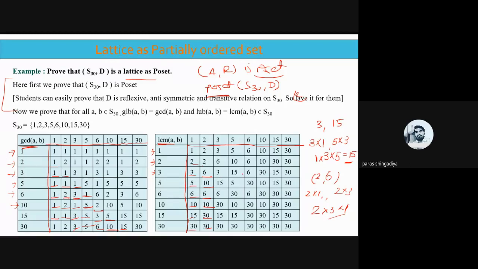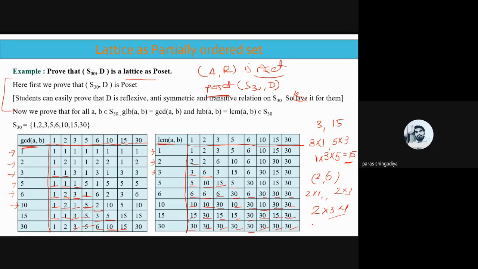So the answers we get are 3, 15, 6, 30, 15 and 30, and use these values in this column. Okay, the third column: 15, 6, 30, 15 and 30. And 5 with 5, the LCM will be 5, then 30, 10, 15 and 30. Clear? So use these values in this column. And then 6 with 6, the LCM will be 6, then 30, 30 and 30. Clear? 6 with 10, 6 with 15 and 6 with 30, use these values here. Clear? And similarly 10 with 10, the LCM will be 10, and here it is 30, 30. Use it here. 15 and 30 with 30, the LCM will be 30. Clear? So now check this answer.